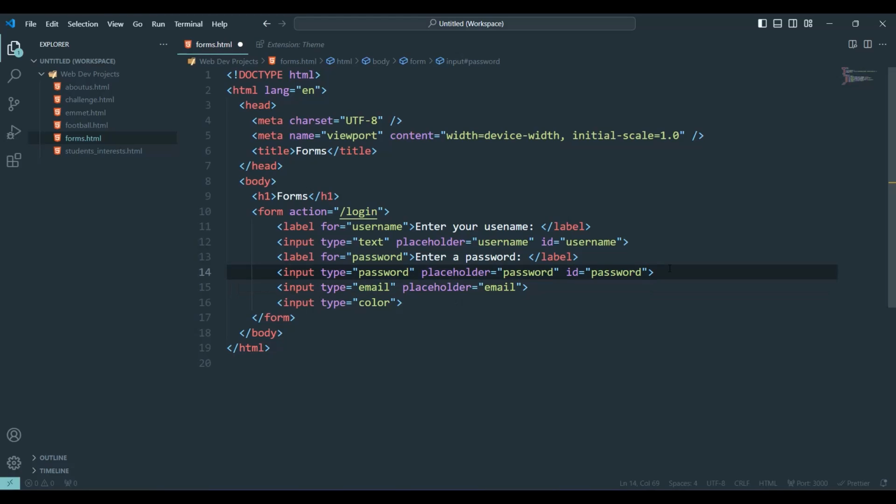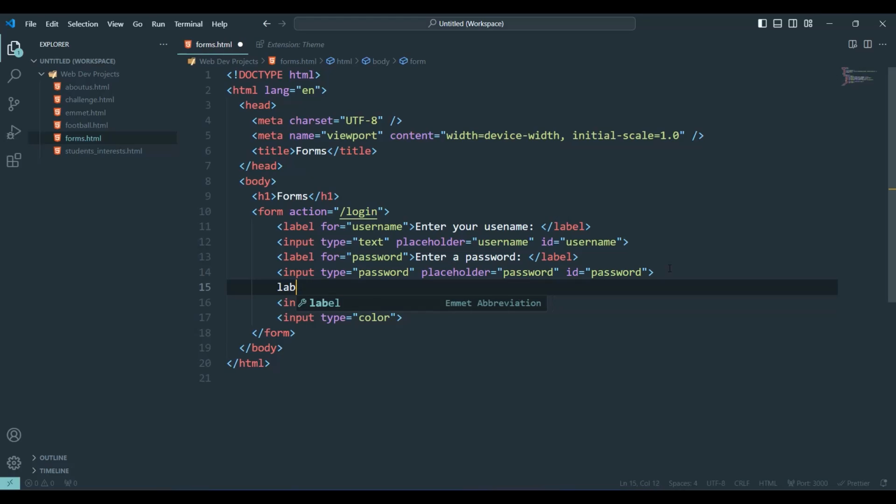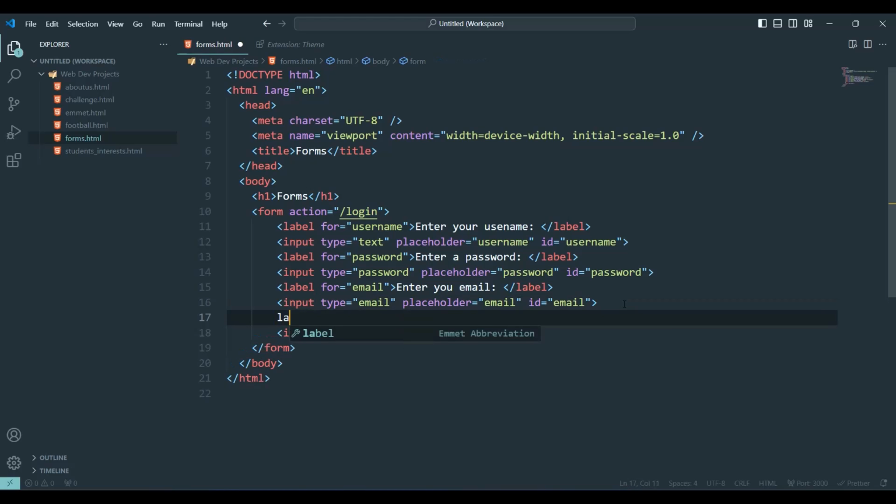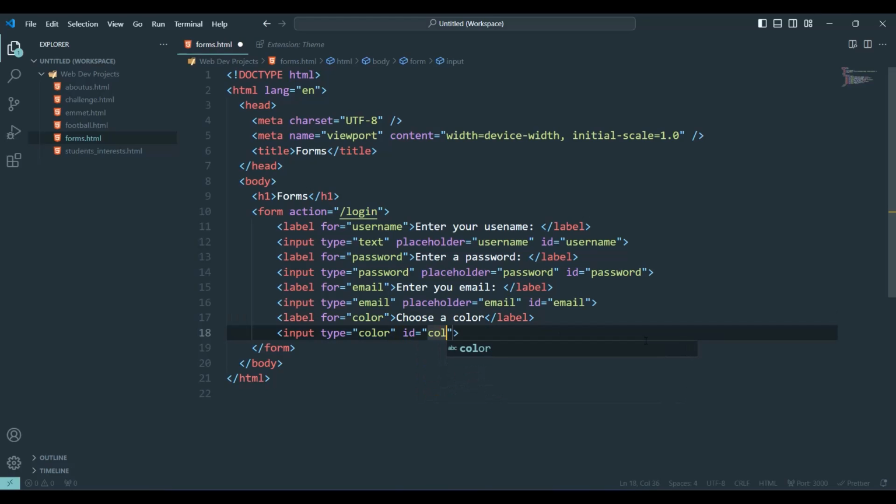Let's create also a label here, email, enter your email. Let's give it the ID email. And we also have the color input, so let's create a label for this too: label, color, choose a color, and give it the ID color.